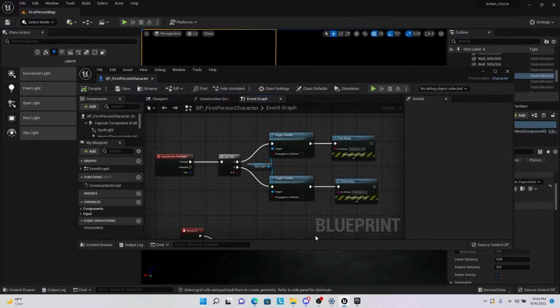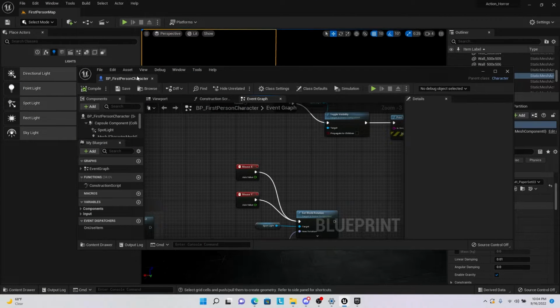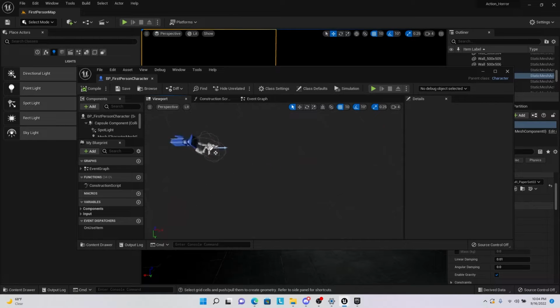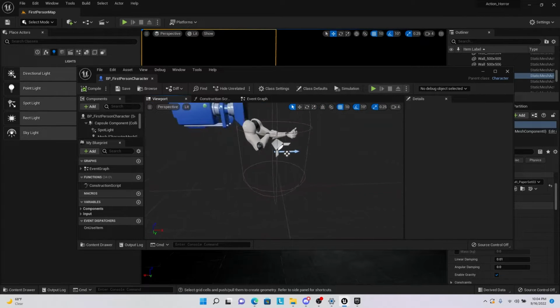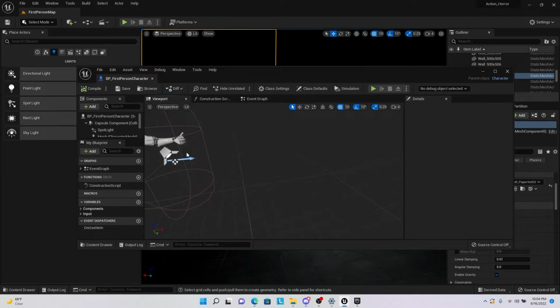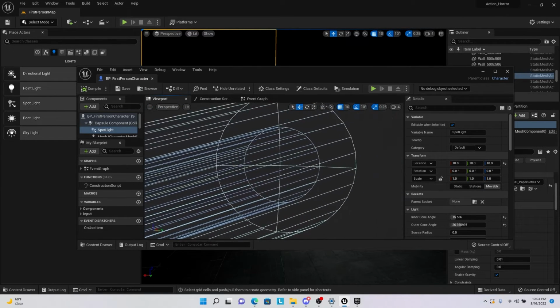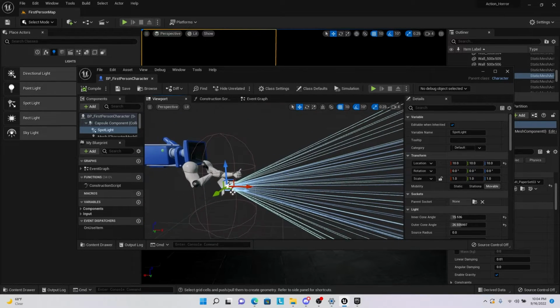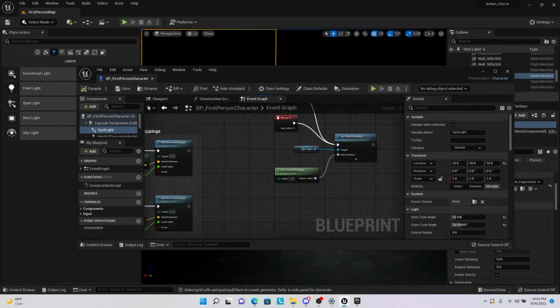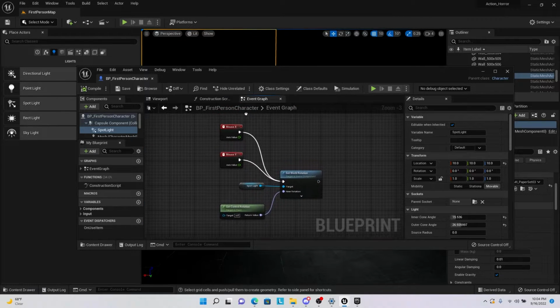First I started out in the viewport and I got a spotlight and put it a little underneath the arms, like it's coming from underneath the gun, and I messed with the outer and inner radius there and the intensity. And then in the event graph, first thing I did was I made it to where the spotlight follows the mouse movement, so it's not just static